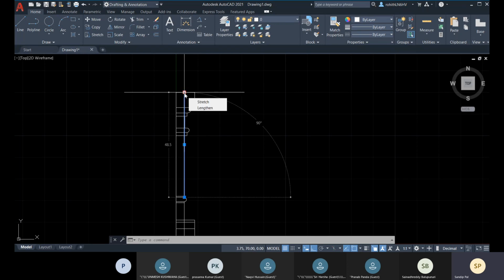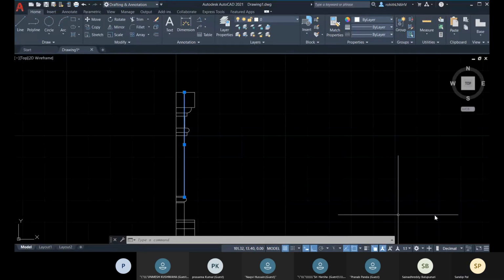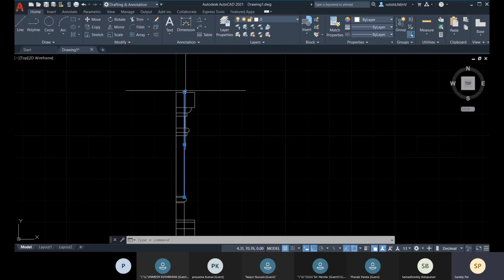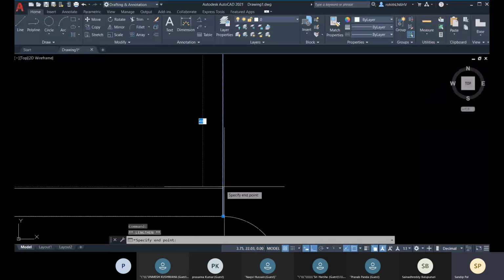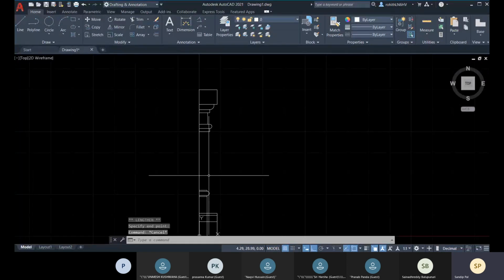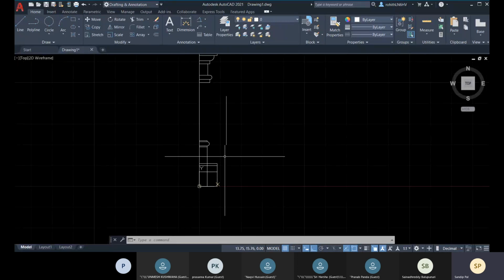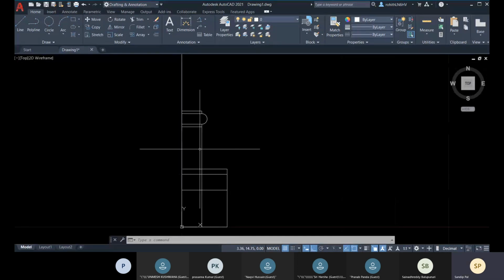But if you go for lengthen, I haven't clicked anything. I have just placed my mouse pointer on this grip point. So it's showing you stretch and lengthen. If you go for lengthen, that means towards this linear direction of this line, you can increase or decrease the length of this line only in the linear direction of this line. So I'll go for lengthen, and here I will place it. Okay, so I have shortened this line. So this way also I can shorten or increase the length of my line.